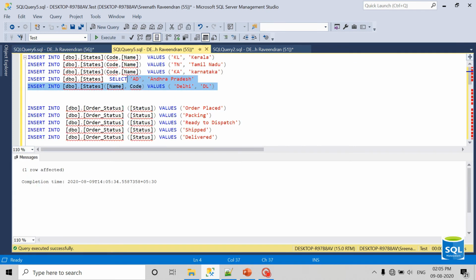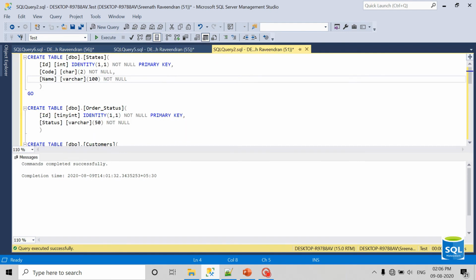Secondly, the order of the columns is not really a matter. Means I can interchange the column order. If I check the state table, it comes ID, code, and name. The name is coming after the code column.